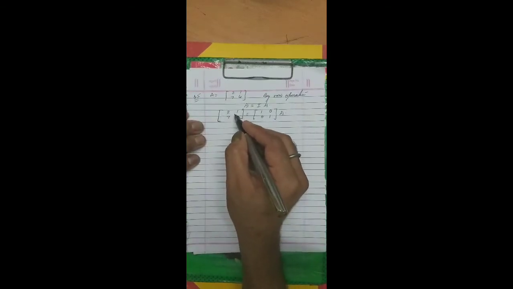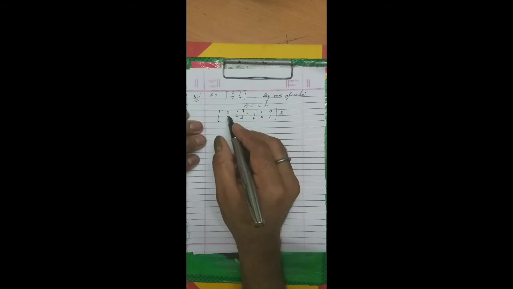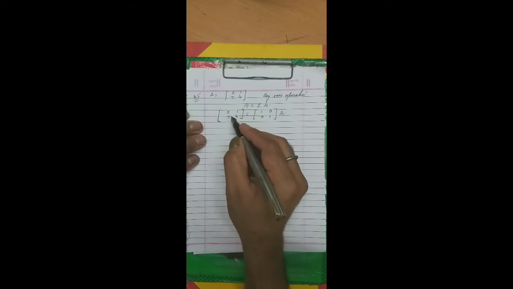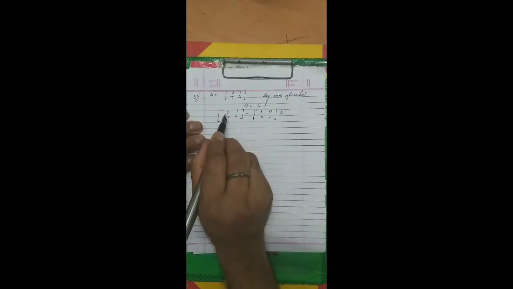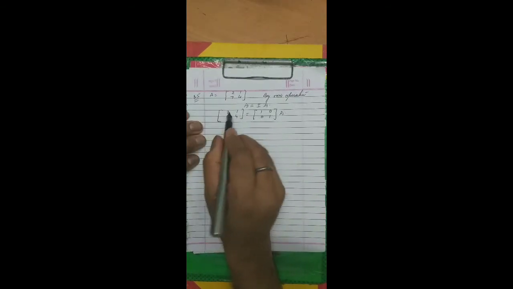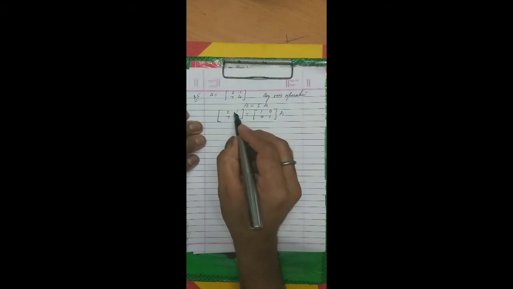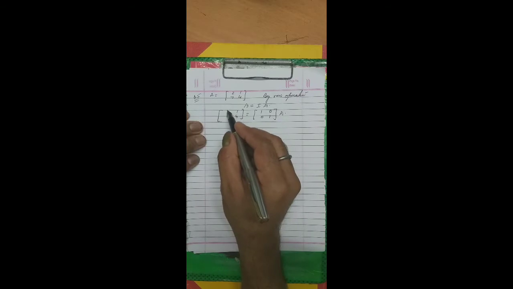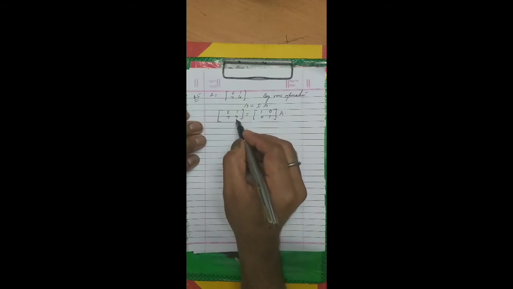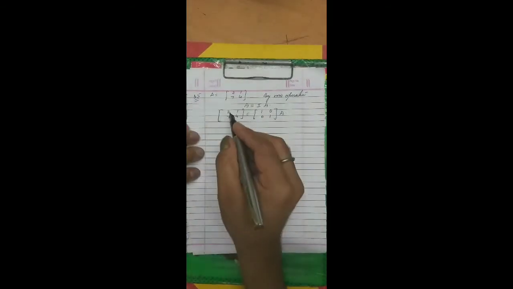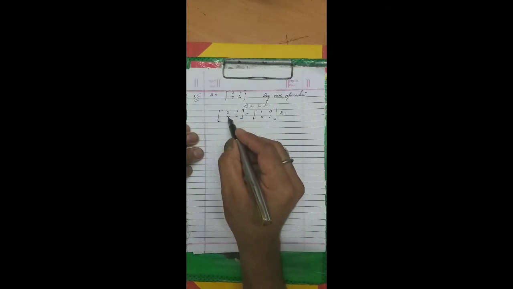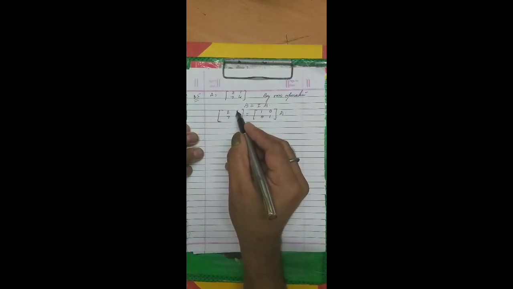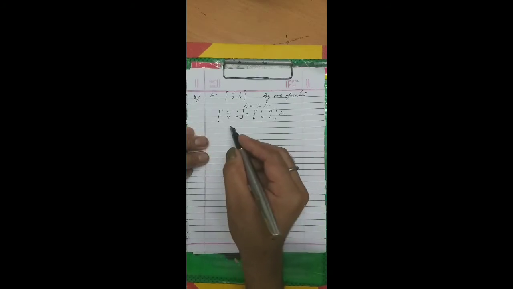This 2 1 can be multiplied. This we will change, this R1. Why? Because if we multiply this R1 by 4, so imagine here instead of 2 we will have 8. 8 minus 7 1, that is our required. What we want from this particular matrix? We want here 1, we want here 0 and then 0 and then 1. So that means if we multiply it by 4, 4 2 is 8, 8 minus 7 1, and then 4 into 1 4, 4 minus 4 0. That means both the desired elements we are getting.